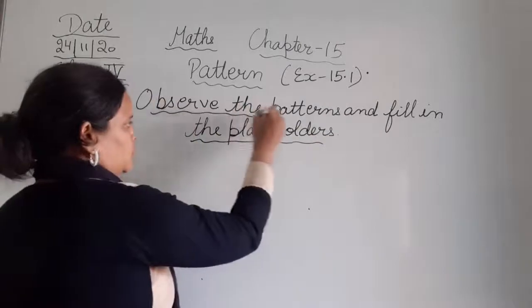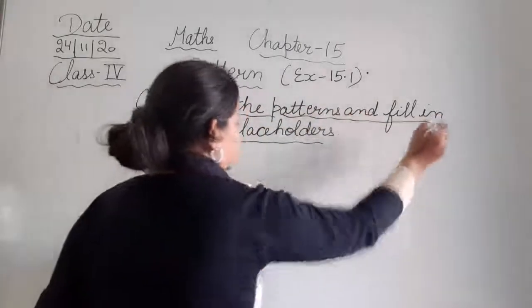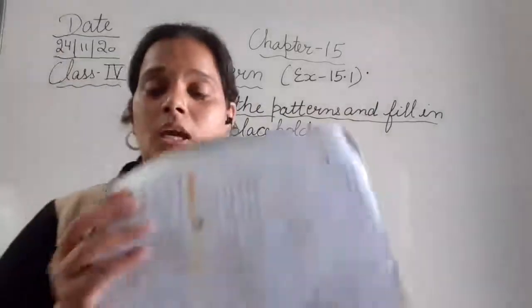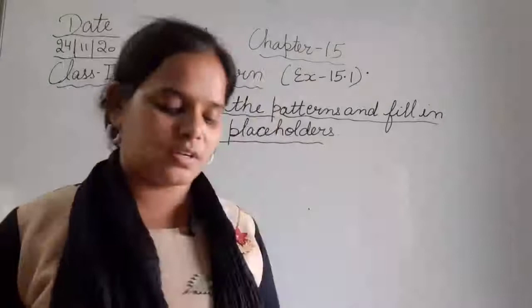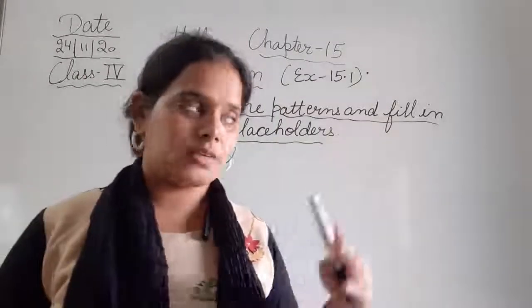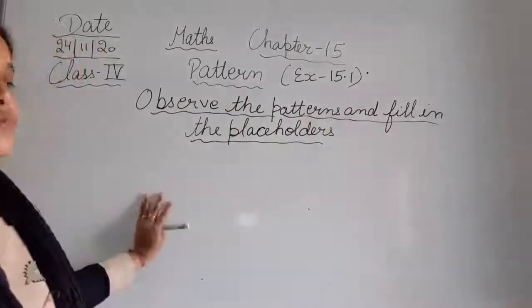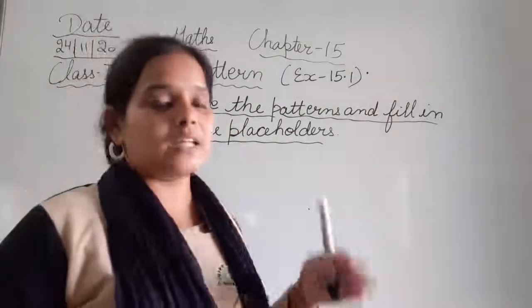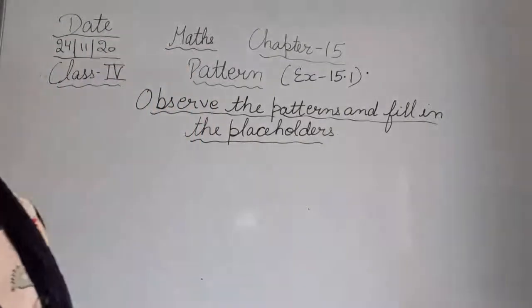So now in the book, different types of patterns are given in different questions. तो देखिए आपके book में हर question पे, in each question you will find a different type of pattern given, and you have to observe that pattern. आपको उस जो पैटर्न दिए हुए हैं, you have to observe it. After that you have to solve the rest of the sums.